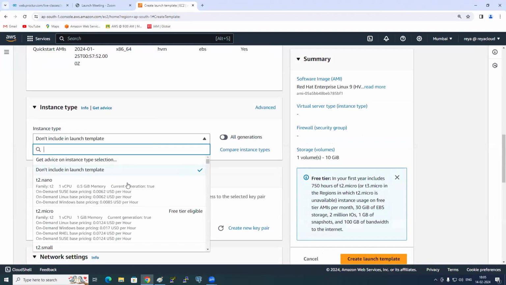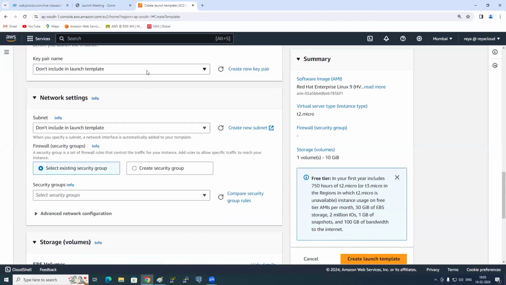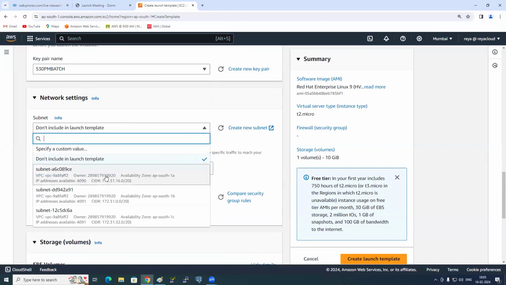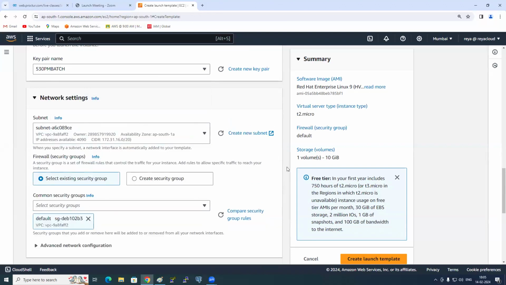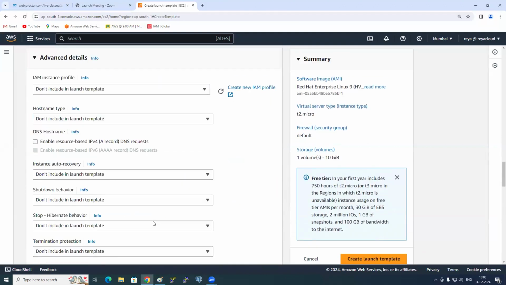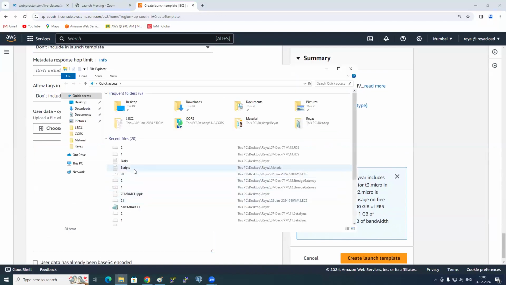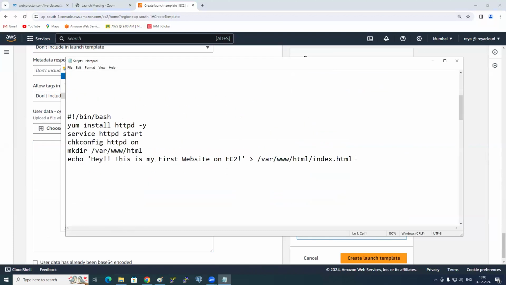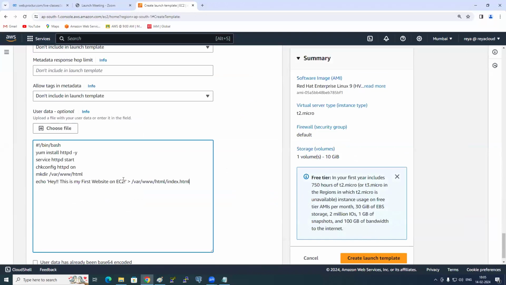Instance type T2 micro, key pair VM batch, subnet 1A, default, and leave the rest as is. And in the advanced section, we need to keep our user data, otherwise you will not get an application inside it. So I'll open this, copy it, and paste it.